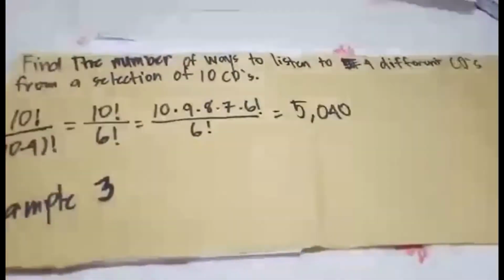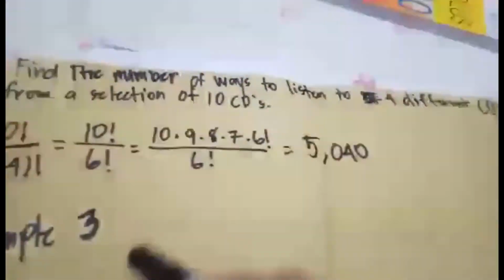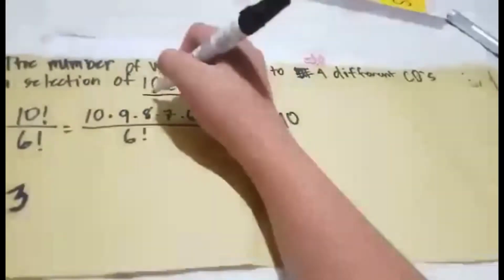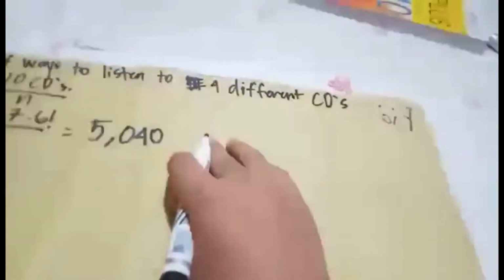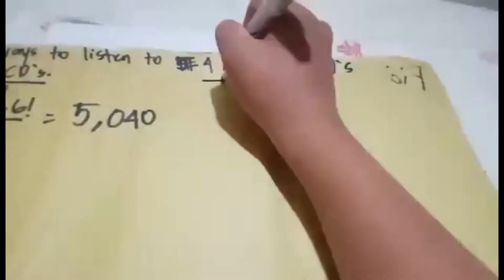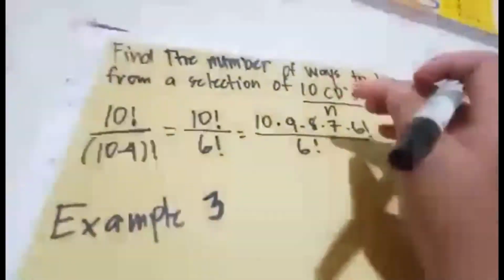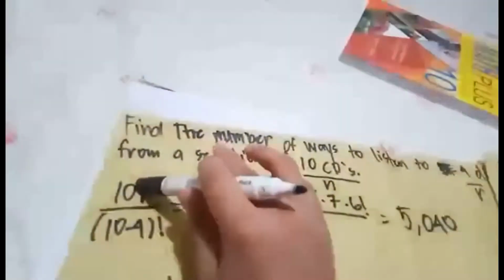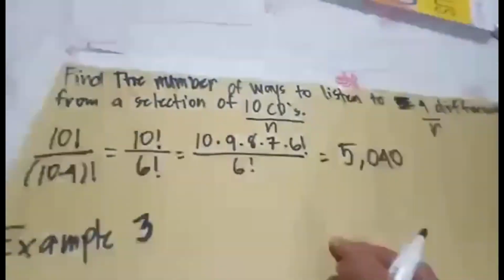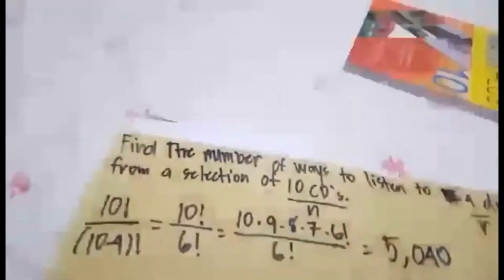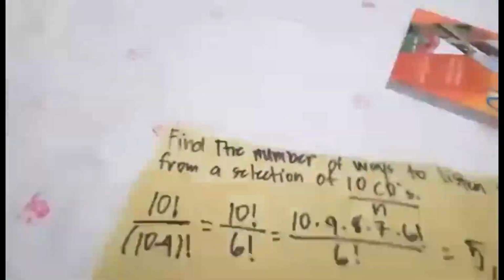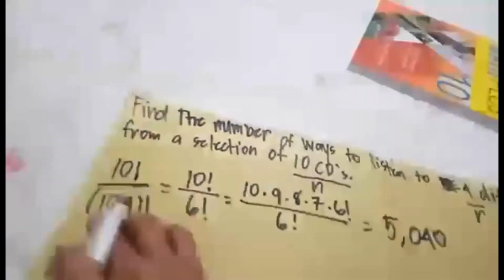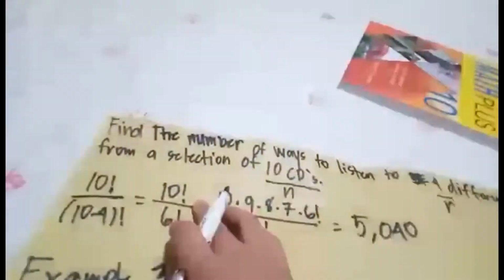Find the number of ways to listen to 4 different CDs from a selection of 10 CDs. N objects is the total, 10 CDs. The 4 different CDs is our r. So n objects is 10 factorial, and I'm taking 4 for our r, and we put that into 10 minus 4 factorial equals